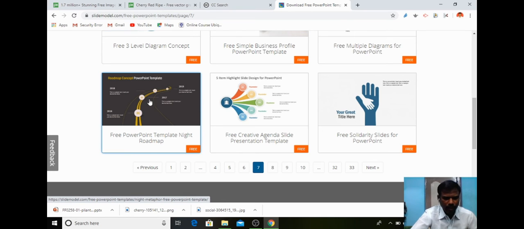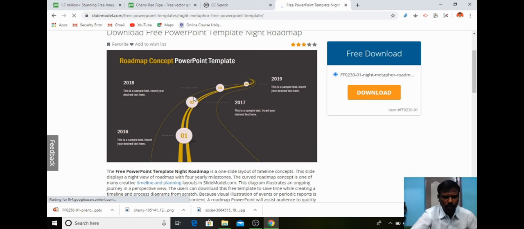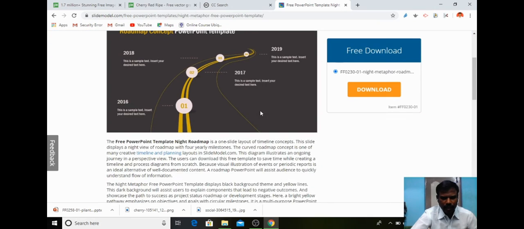If you want to download this one, you can select this one. So it is roadmap concept, so you can put the year wise, so I can download. So this particular template contains how many slides we can see. I can download this one, so automatically it will download.